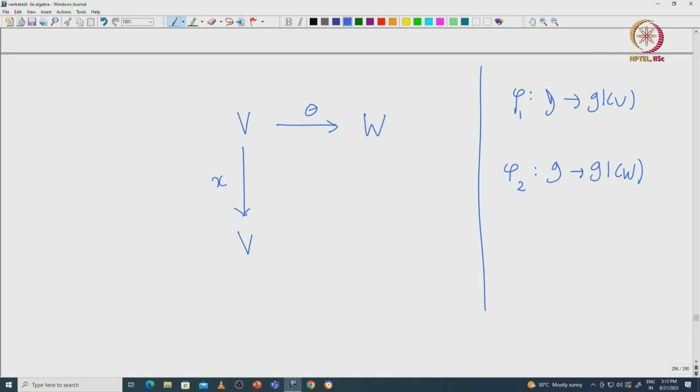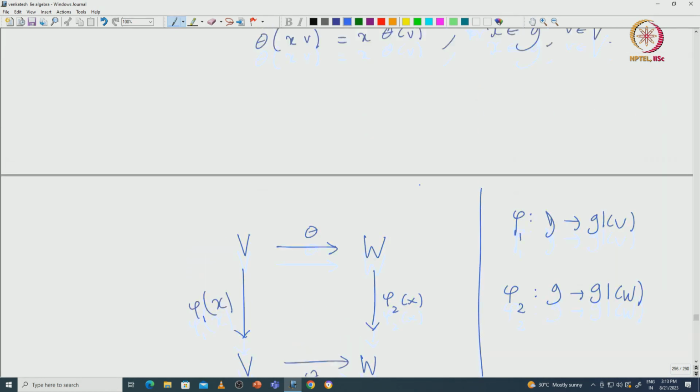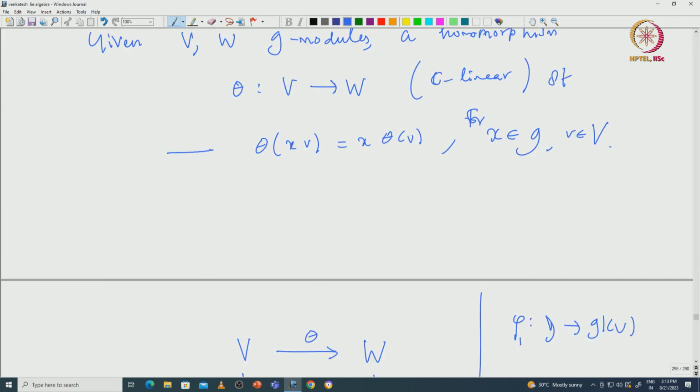So, then what is this x that we are talking about? This is phi 1 of x, which is a map from V to V. Now you have this theta which is defined from V to W. Now you have another map from W to W, that is again given by phi 2 of x. So, now the equation, this star means